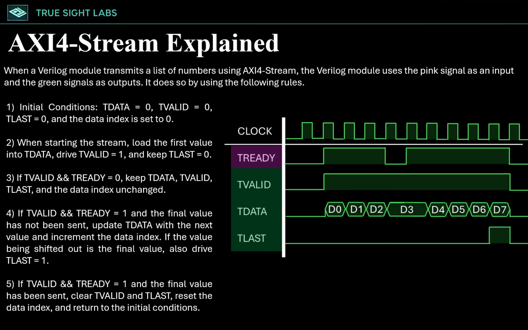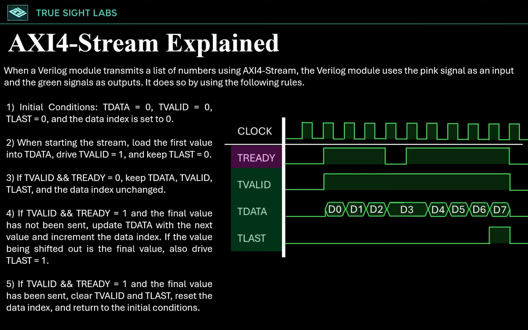Fourth, if T-valid and T-ready are both high, the module updates T-data with the next value. If the next value is the final value, T-last also is driven high. Fifth, if T-valid and T-ready are both high while the final value has already been sent, then the module resets